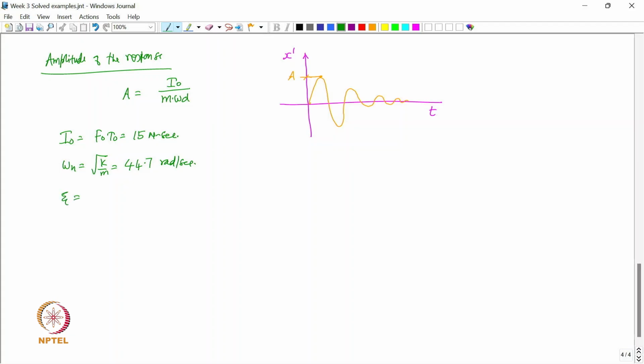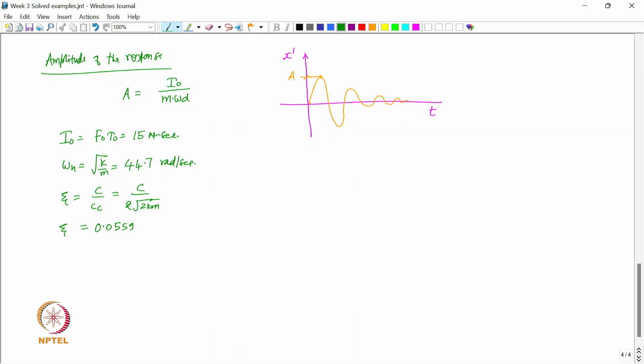Then I need to find damping factor, because I need to find the damped natural frequency. So, C upon Cc is equal to C upon 2 square root km, right, and if I substitute all these values here, I get